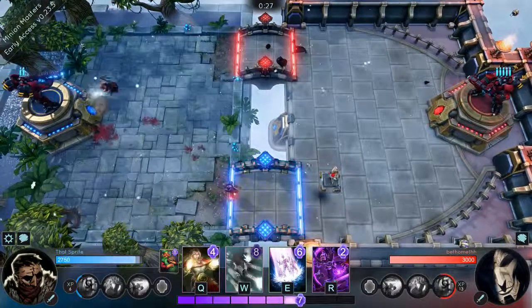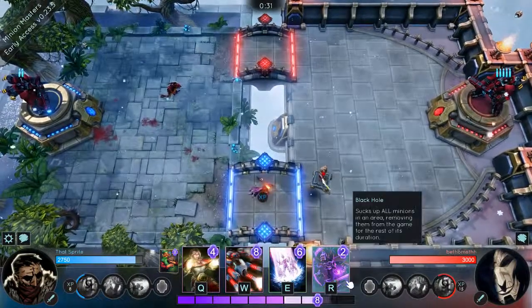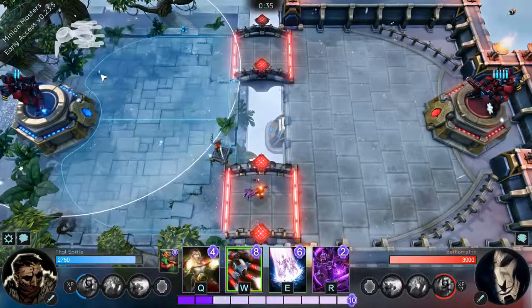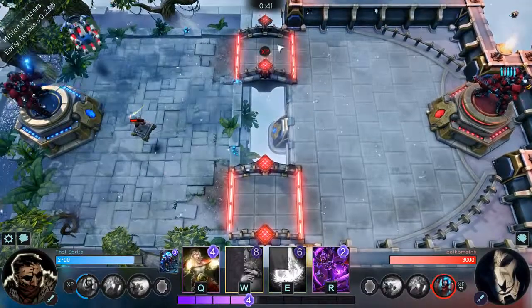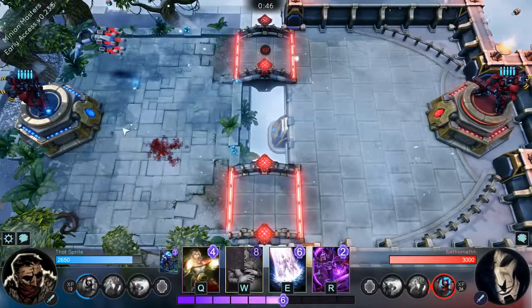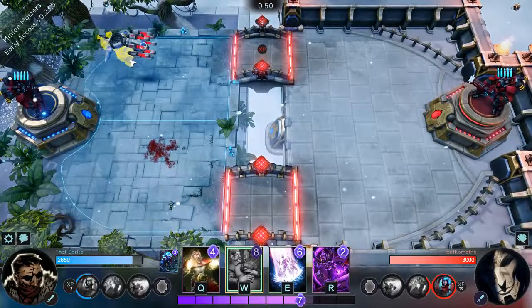Now, what we're going to do is play this Drone Force 1 right at the back here when we're at 10 mana, so you minimize the amount of time it'll take for the Troubadour to come out. In most cases you'd be concerned that we've lost both bridges to the enemy and they're holding them for quite a while now,